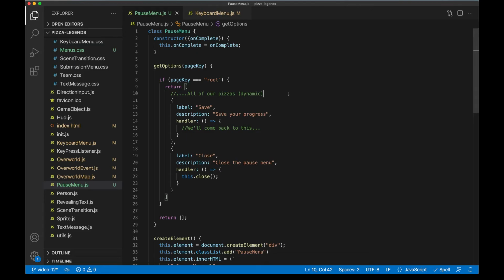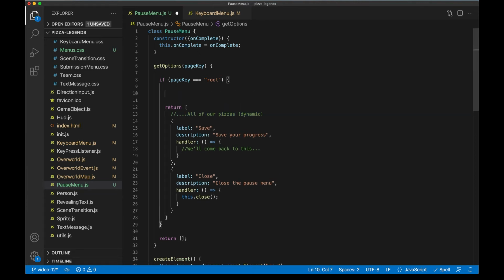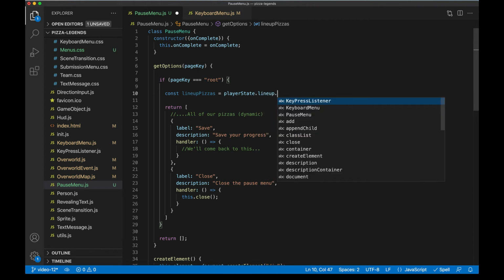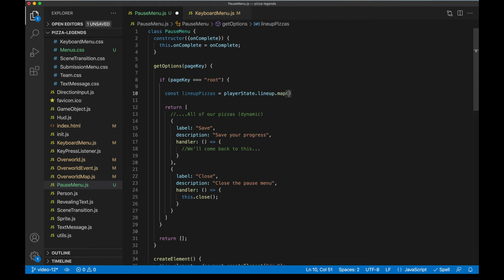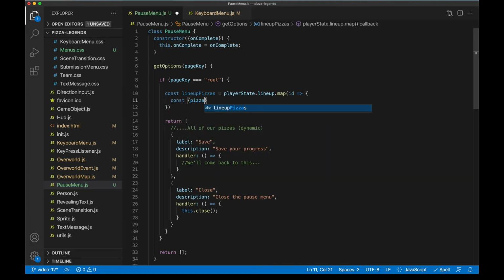So back in pause menu JS here, I found the bit that we left behind saying we're going to put all of our pizzas here right before the save and close options. Let's go ahead and create those now. So I'll say lineup pizzas is going to be our player state lineup, but we're going to map through each one and transform it into one of these option configs here. Lineup is an array of strings right now, each string being an ID of a pizza. So we're going to grab the pizza ID